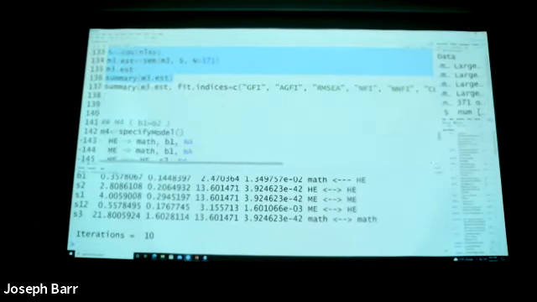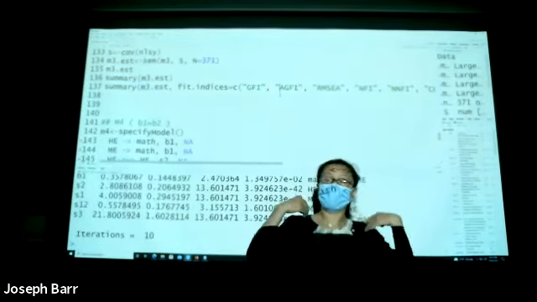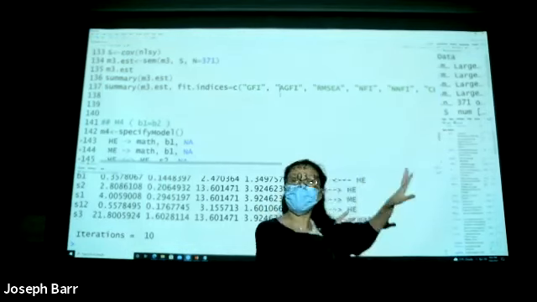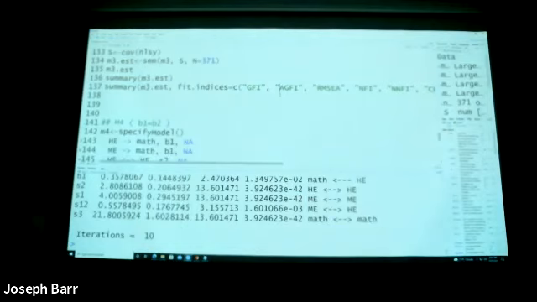Here, I give you some fit indexes. We will cover this part later on. These are called the model fit indexes. All of these indexes tell us if it's a good model or not. I haven't explained each of that. We will do that next time.